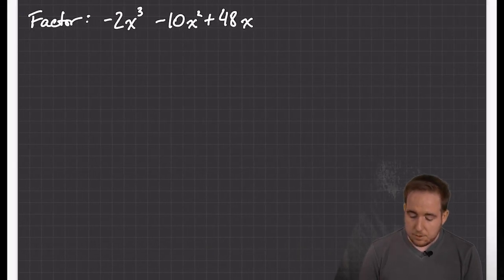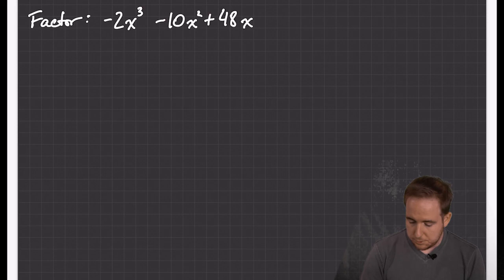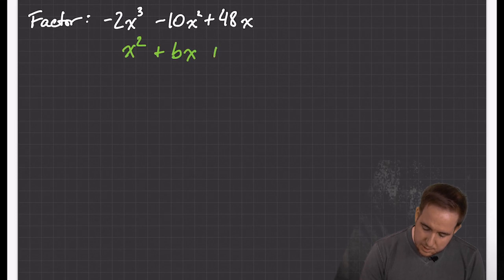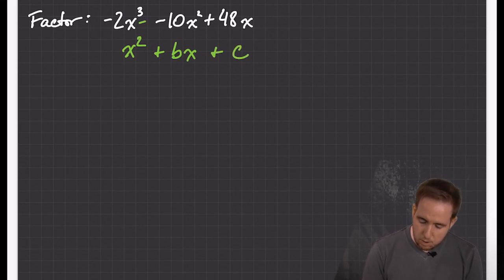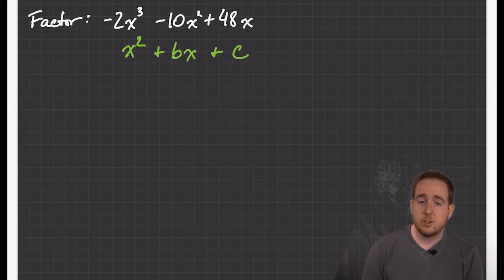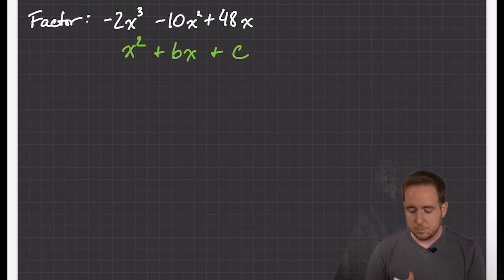Okay? Now, this one is the last one that we'll do, and strictly speaking, this doesn't work because this is not of the form x squared plus bx plus c. It has the wrong exponents. There's an x there, the numbers are wrong, there's a number there. So there are all sorts of things about this that don't work. There's a way around that, however, which is you do remember common factoring. And there are questions that contain multiple kinds of factoring in them. So if I look to these three,